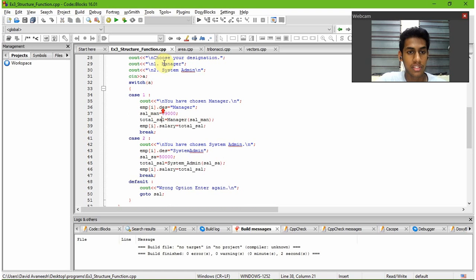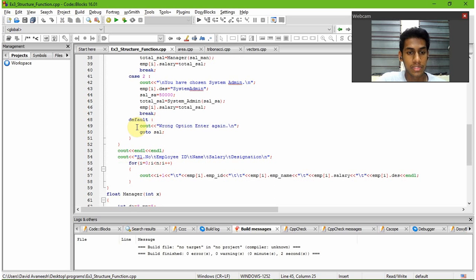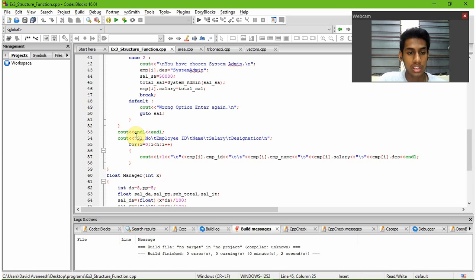And then when case 2, system administrator, is chosen, the same process happens but with different numbers. And then later on, getting all the information, we print it using a for loop again. Now for checking the program's execution and running, we compile it,